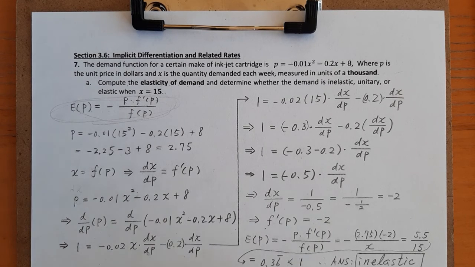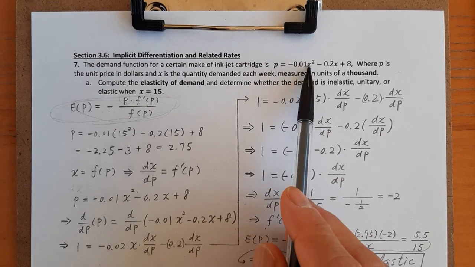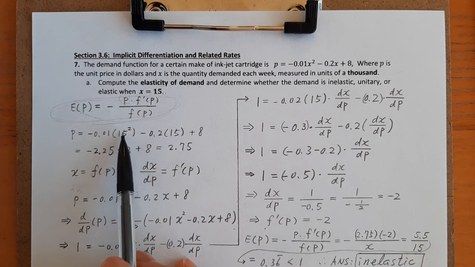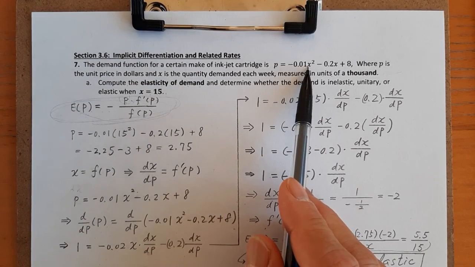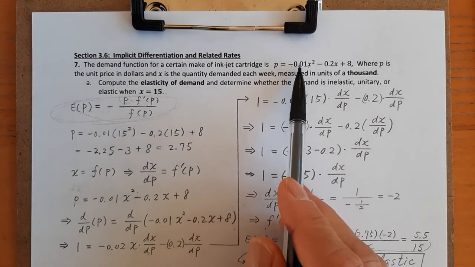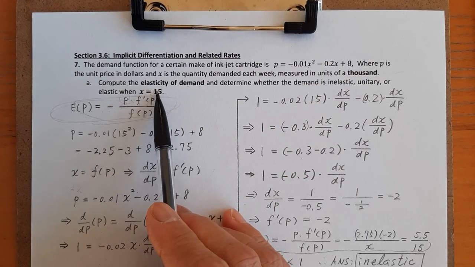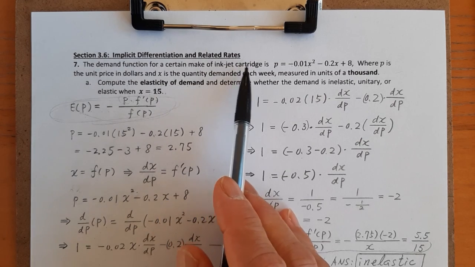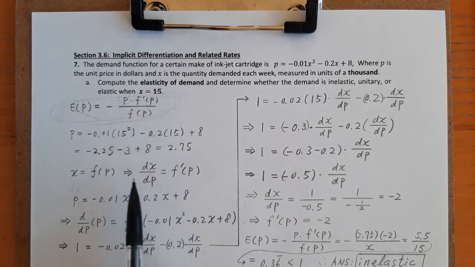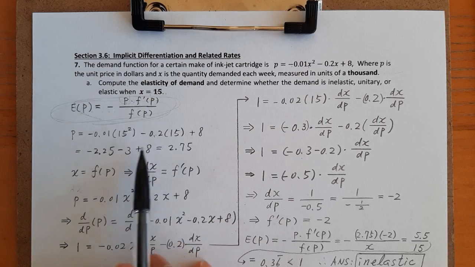First of all, we need to figure out the P, so we use x given as 15 and plug it in. So x is 15; plug in x and get 15 squared times negative 0.01 minus 0.2 times x. x is given as 15, meaning 15,000 inkjet cartridges. So figure out P, the price per unit. So 15